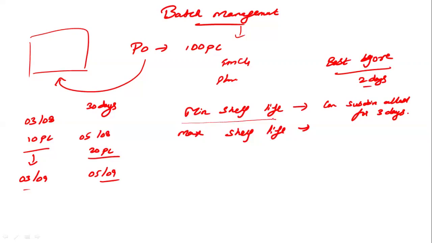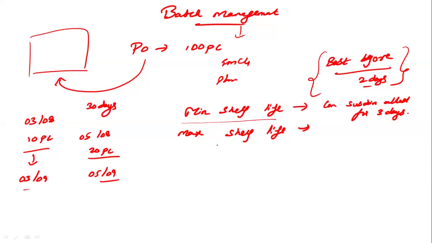So for example, if you buy milk and store it under a normal temperature, you will not be able to use it after 2 days. Automatically, the milk will get spoiled. If you're storing that milk in a freezer under -2 or -3 degrees Celsius, then the packet will tell you best before 2 days, but you can also use that milk after 2 days because you're storing it under a certain temperature. Minimum shelf life is nothing but the minimum number of days this material is going to survive. After these days also it might survive, but you need to check yourself.